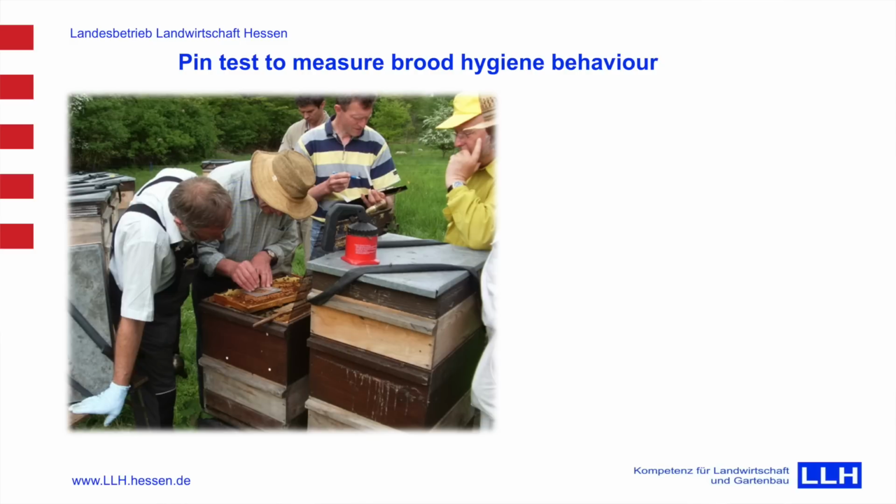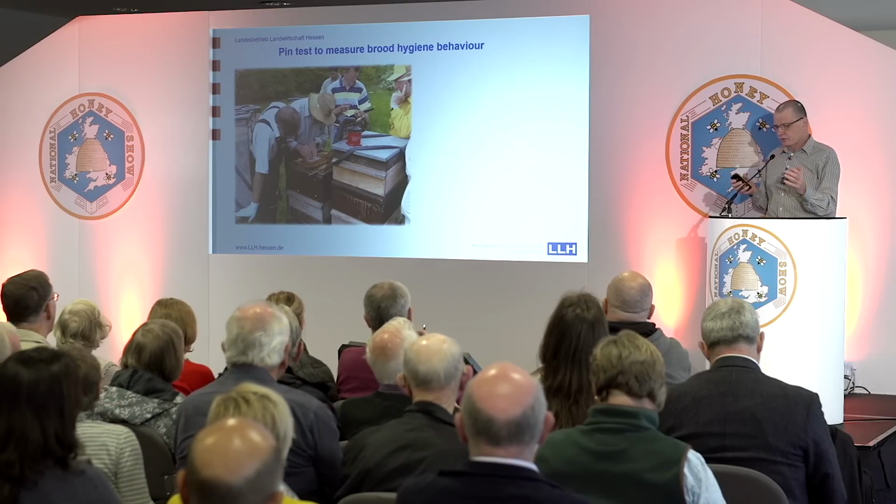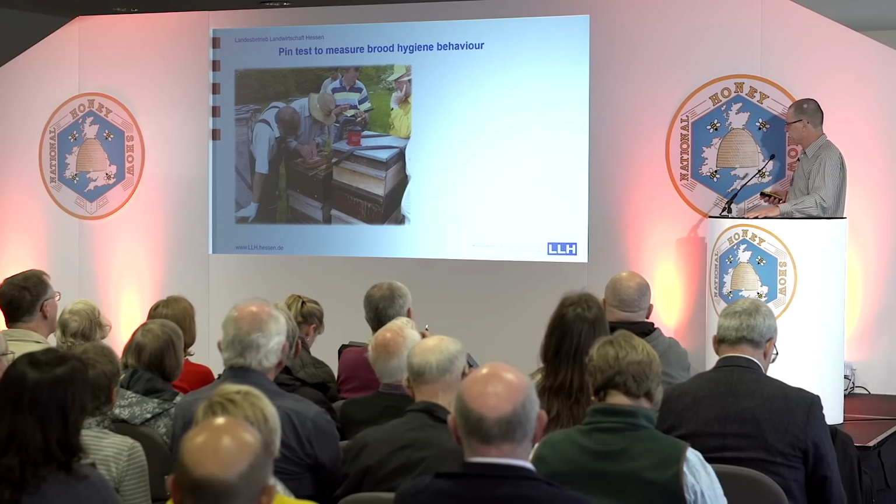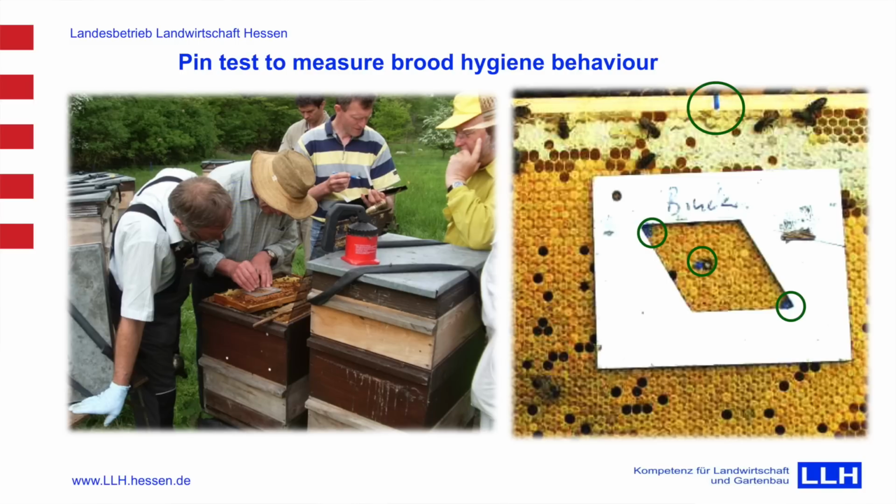About the pin test, I don't know if you are familiar with this. It's well established meanwhile. So you just take a brood comb with preferably younger pupae, so white eyes or reddish eyes of the pupae, and then you choose such a part of brood, and with a fine needle you pierce 50 cells, row by row, and you mark the upper left corner and the lower right corner, and then the cell 51, so that when you come back to the sample some hours later, you know exactly here all those cells were treated with this fine insect pin, which in a way should,